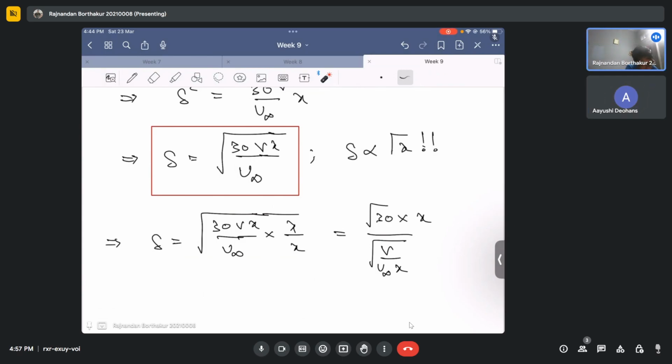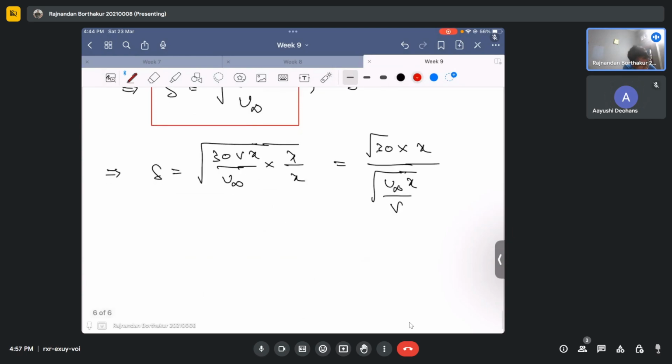But I think, so, hold on. Mu we can write. Yes. So I think we can write this something like this, right? I can write this as u infinity x by nu. This is fine, right? Yes. And then this becomes, as you have said, square root of Re x. Which means I can now write delta as square root of 30x by square root of Re x,